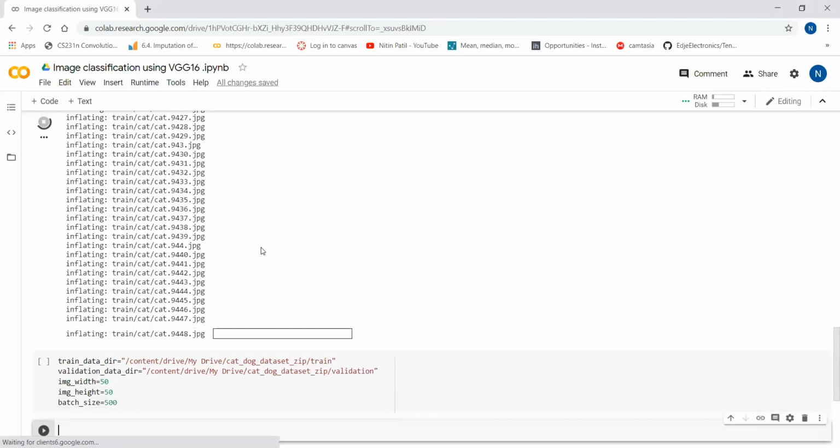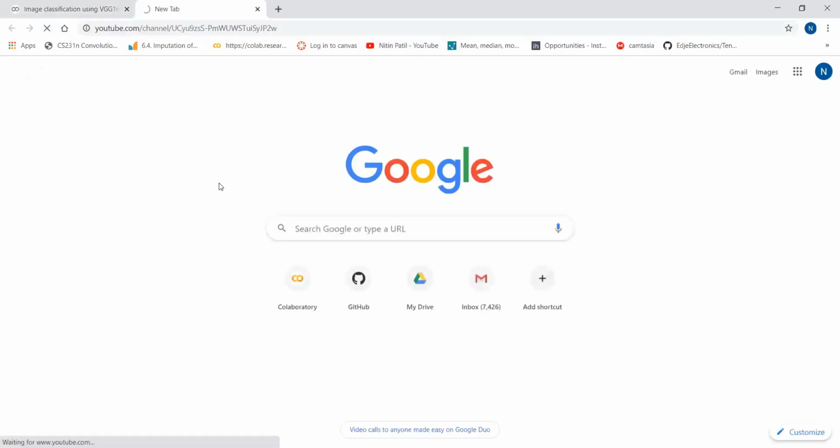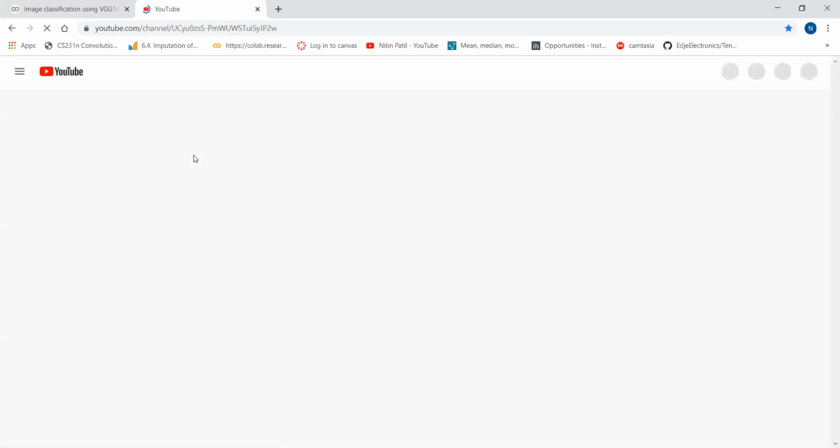Okay, these variables have been created, and in the last video we have already seen how we can read the images from the local directory using the ImageDataGenerator. So I will copy paste the same code over here. If you have not seen my videos, you can go to my YouTube channel.